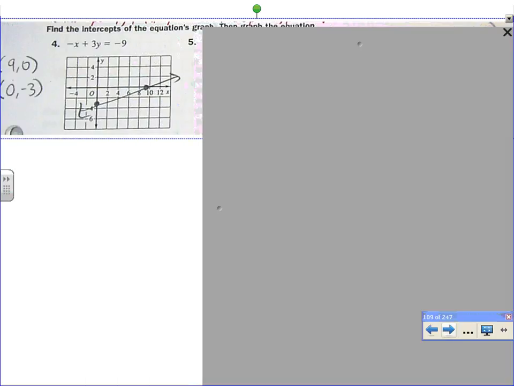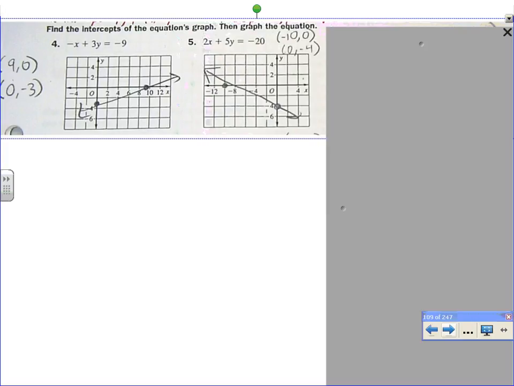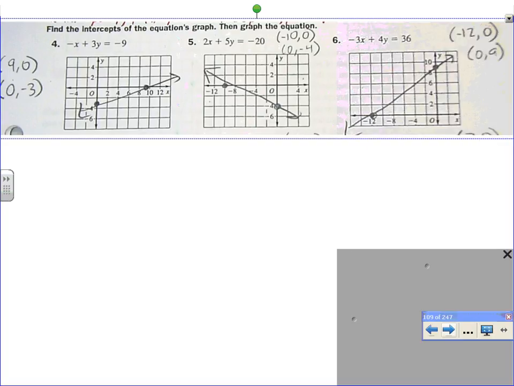Good job. It should look like my graph right there. Number 5. Skylar. Y is 0. Good job. And the line should look like mine. And number 6. X and y. Drew. Y is 9, and x is negative 4. So negative 12, 0, 0, 9. Doesn't look like that, but